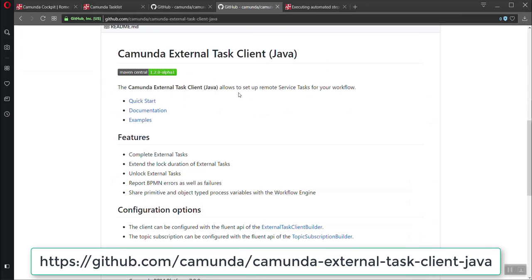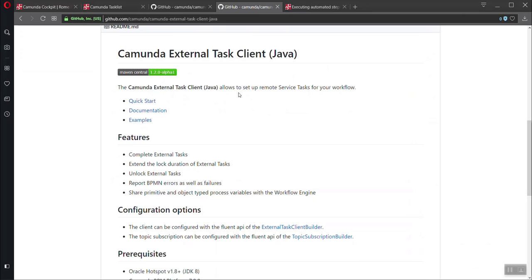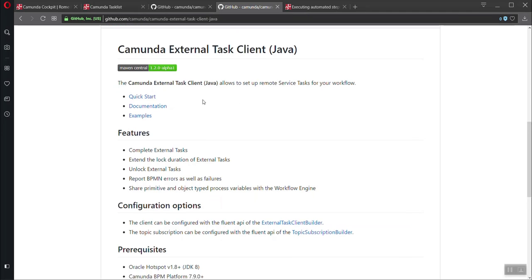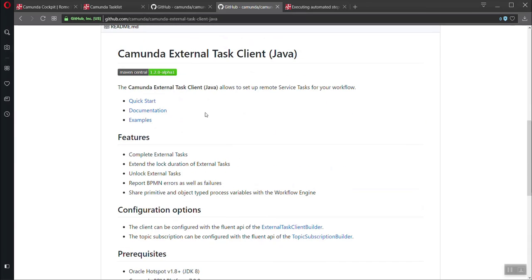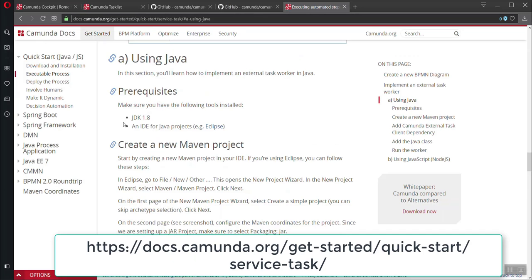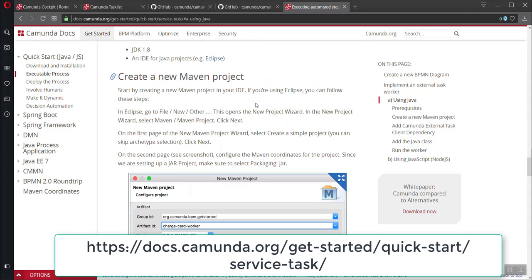Again, same as before, this guy here essentially just implements the REST calls that are used for completing and locking tasks and also other more advanced bits and pieces that I might get into in another video. And we can follow along quite easily here with the Maven dependencies and everything else, including the very nice quick start, where if you follow you'll end up with step-by-step instructions.